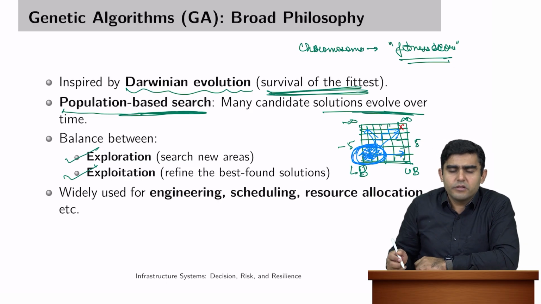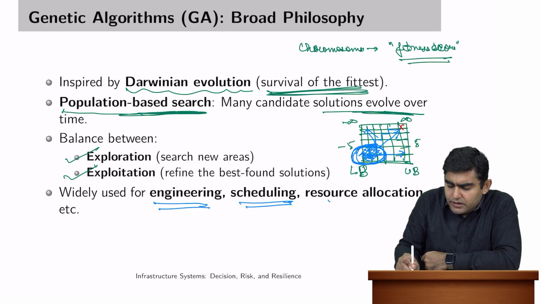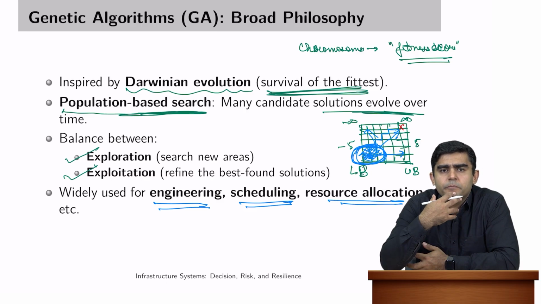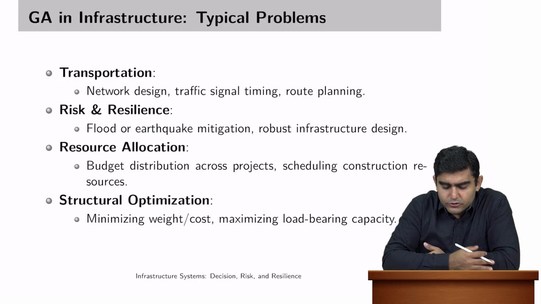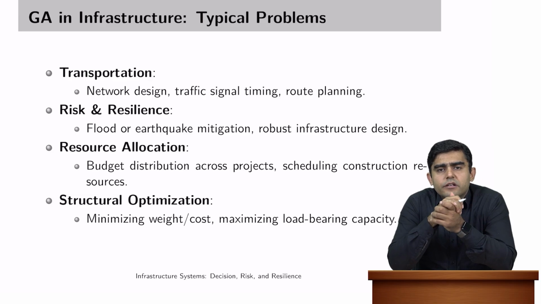And genetic algorithms have been widely used in engineering, scheduling, and resource allocation, and we will also look into a few examples, one numerically solved example and a few anecdotes of how it is being used for engineering decision making. So these are a few examples specifically where GA is used in infrastructure. You can find a lot of research articles where people have actually used, operationalized,